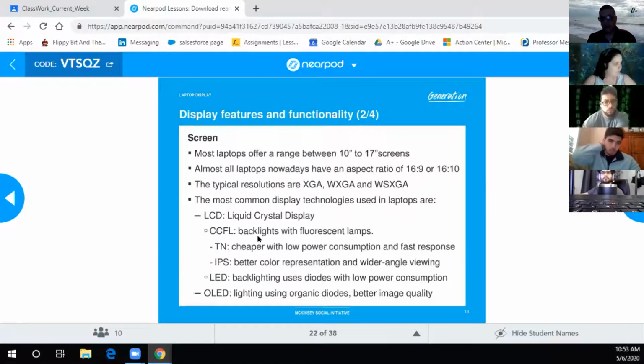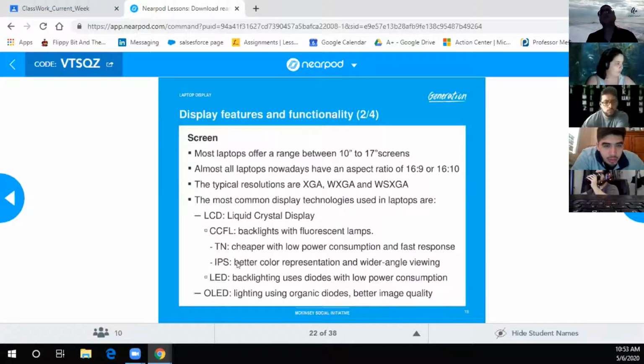Next one here, Carlos. Display features, functionality, screen. Most laptops offer a range between 10 to 17 inch screens. Almost all laptops nowadays have an aspect ratio of 16:9 or 16:10. The typical resolutions are XGA, WXGA,